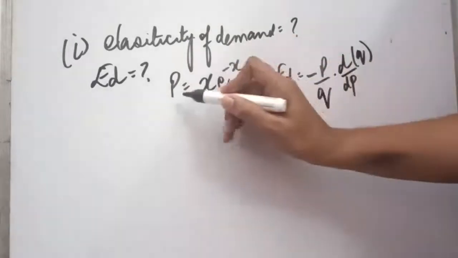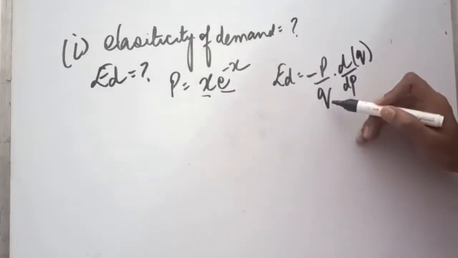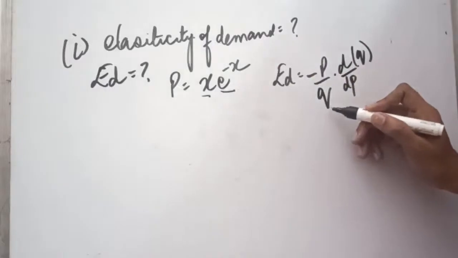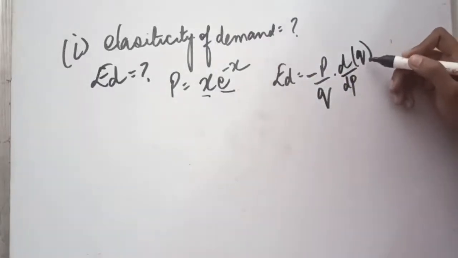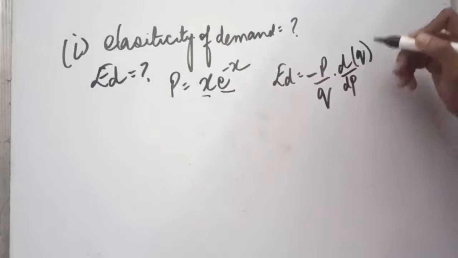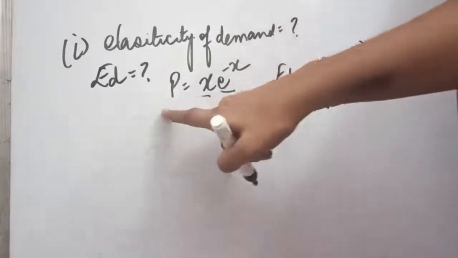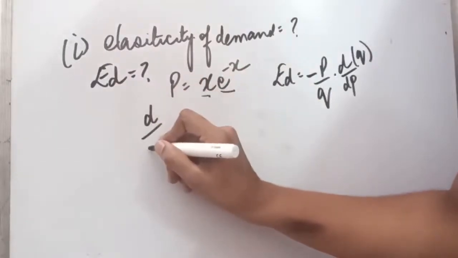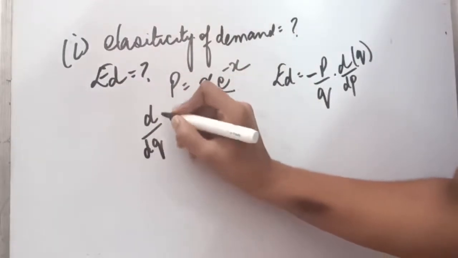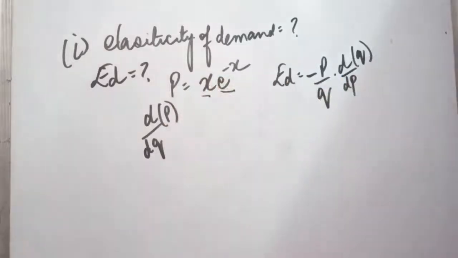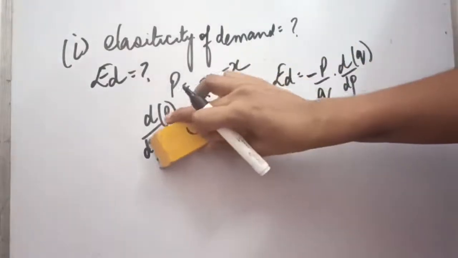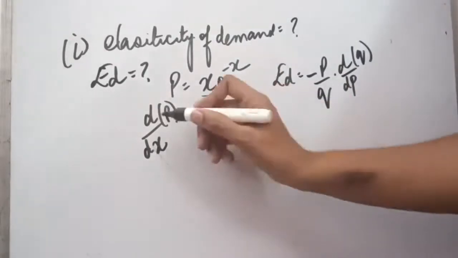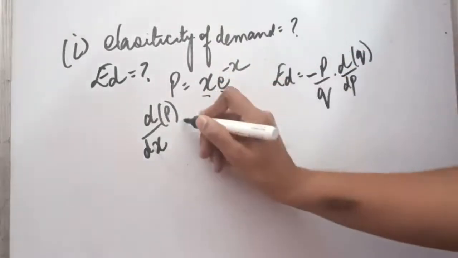So P has been given in the question, we can fill it here. Q, here in the question instead of Q, small x has been used, we will fill small x here, and derivative of Q is required with respect to P. But Q is not given as a function in the question, rather P has been given. So let's see how we can solve this question. So we will take derivative d upon dq of P. So you can see in the question Q term has not been used. Instead of Q, x has been used for quantity. So we can say d upon dx of P has to be calculated.